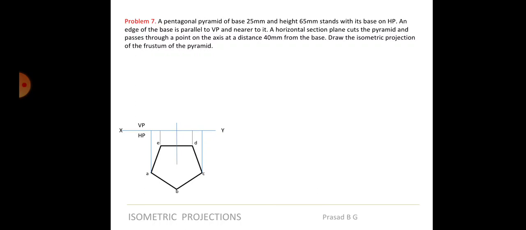Now the axis height we have to consider. What is the axis height given? The height is 65 mm, it stands with its base. So axis height is 65 mm. So based on the axis height, we will take the axis height as 65 mm and draw the complete pyramid. Again, let me repeat, it should be very light because this is not the final drawing. They have not told you to draw the pyramid completely, isn't it? It's a frustum. That means we know it's going to get cut at a certain distance, and then only we can decide what part is visible or what part is not visible. So let us not draw everything dark first.